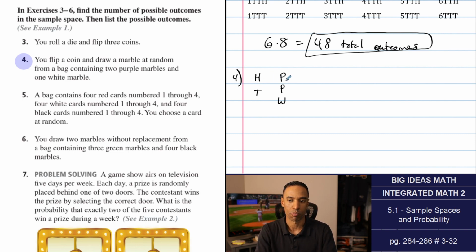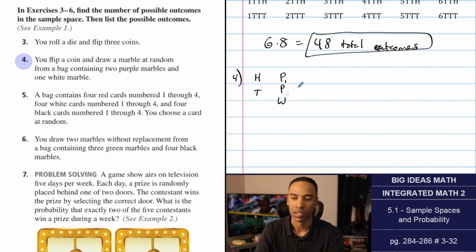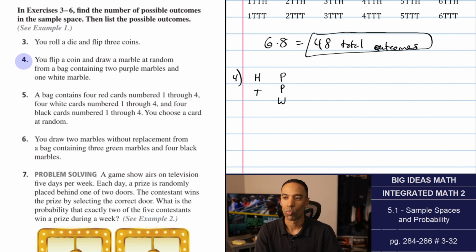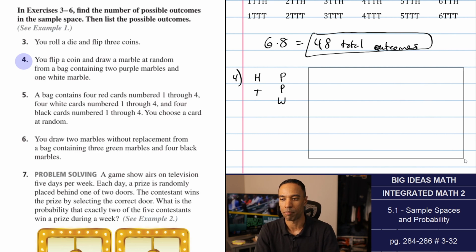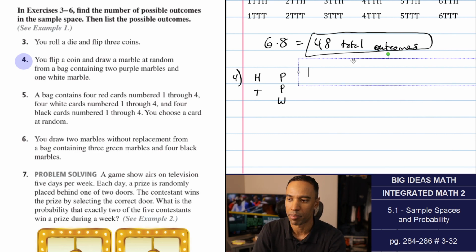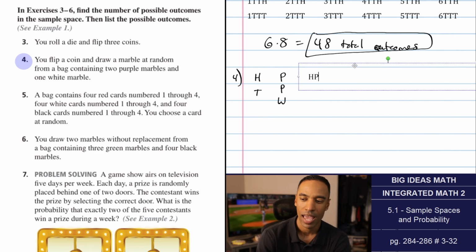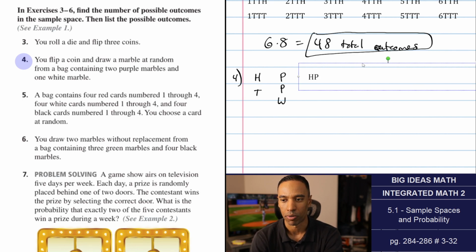So maybe I should call this purple 1 and purple 2 to really hit home what they're talking about. But the fact of the matter is they're both purple when you account for them. I don't know if I'll call it that because I have to type these out. But what you can do is you can land on heads and take out a purple, or